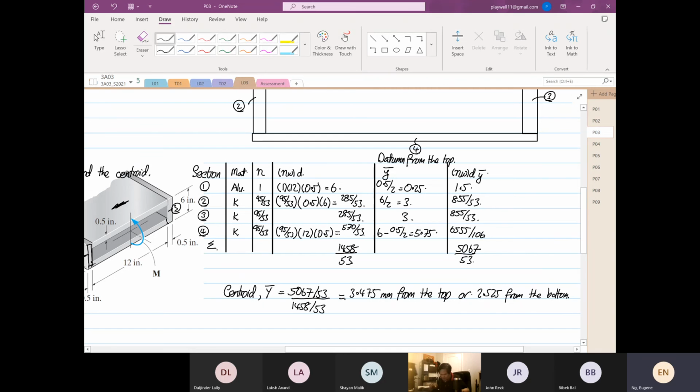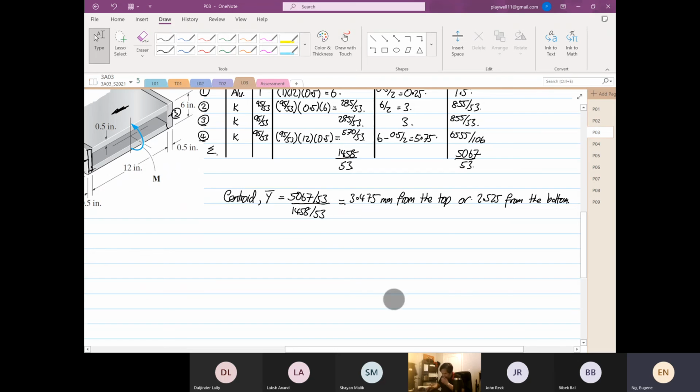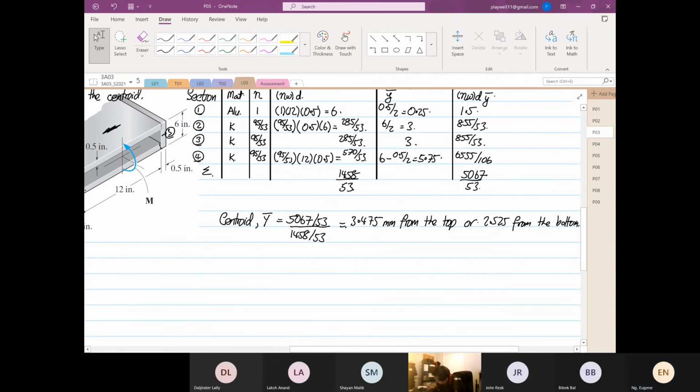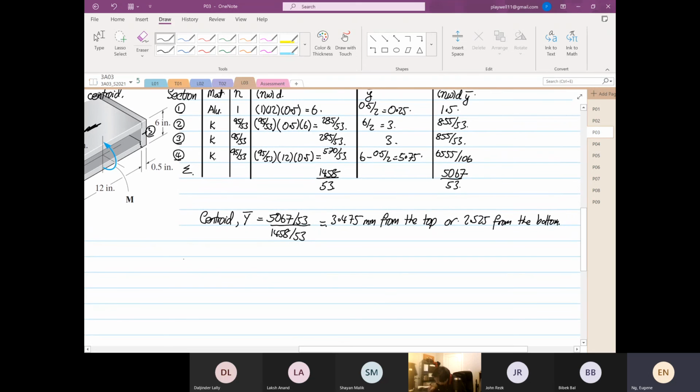Then from here we are going to find the second moment of area. That's why it's important to get this table right. So IZZ1. Again, no need to look at the dimension anymore. Just look at the table. IZZ1. So width, and then you have 0.5 cube divided by 12 plus the cross-sectional area 6 multiplied by